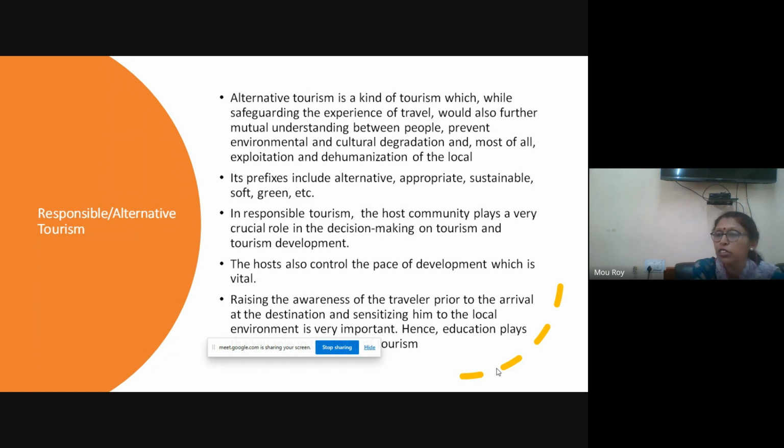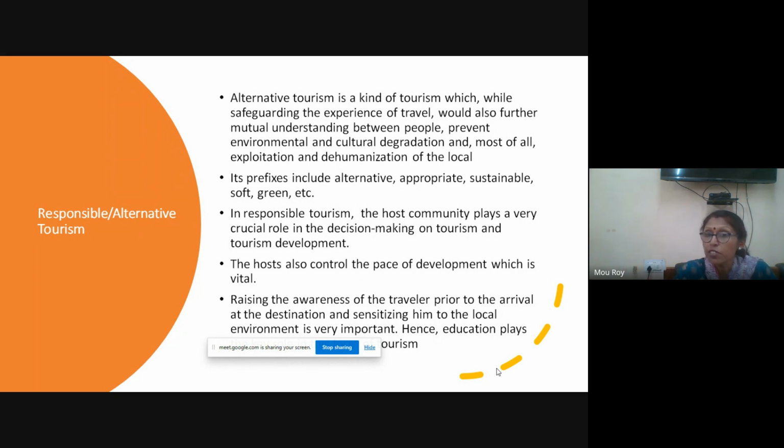Nowadays, with the help of technology, before visiting a destination, we get all the information. How far it is from our house, what is the mode of travel, how much time it will take, when is the best time to travel, what is the cuisine found there, what are the restaurants, hotels, the art, culture, the souvenirs, the handicraft shops and all. Everything we get in detail. You Google it and you get all the details. But why do we Google all this? So we have an idea, we have the information, this is the place we are visiting, this is the budget, this is the time when we should visit.